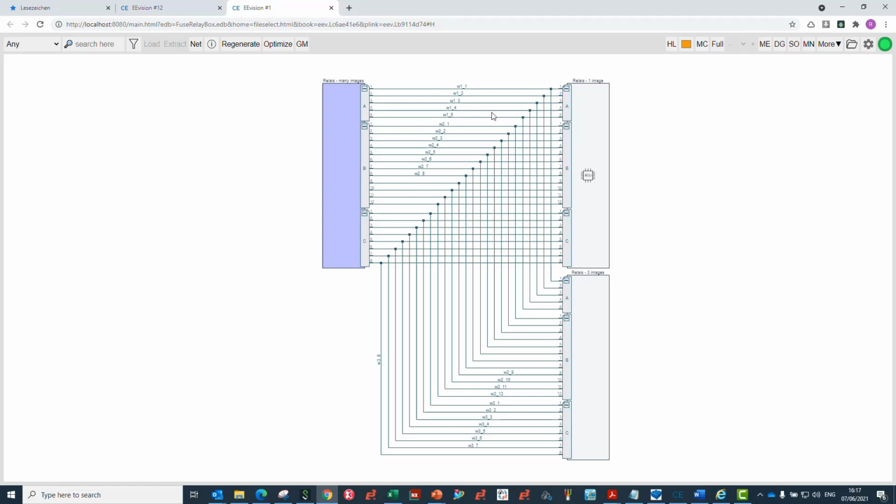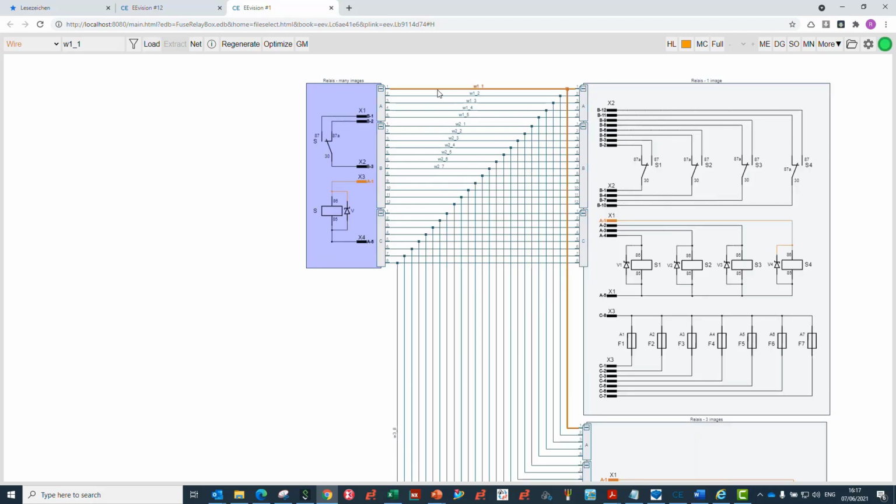The new functionality comes up if we click on one of these connection lines, these wires, in this specific case. As soon as we click on one of them, we see the inner circuitry is open. So we have a visualization not only of the connectivity and the harness side, but also what's inside the boxes. And you see it's not only a visualization, it's also a highlighting. So we see exactly this wire goes to the connector A pin 1,